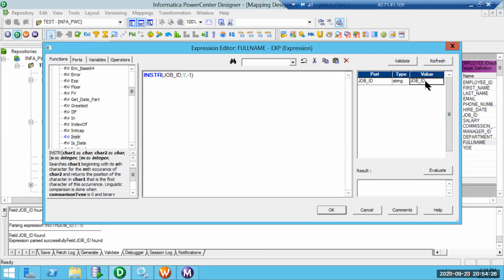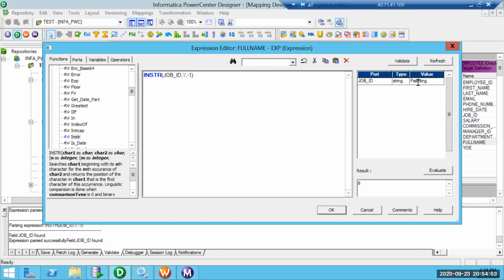So when we refresh here, I can provide the value again, painting. Then if I evaluate, it goes for the second position as a last. So even if I have multiple I's here, it goes for the I present in the last occurrence. So in painting, I is in 1, 2, 3, 4, 5, 6, 7, 8.